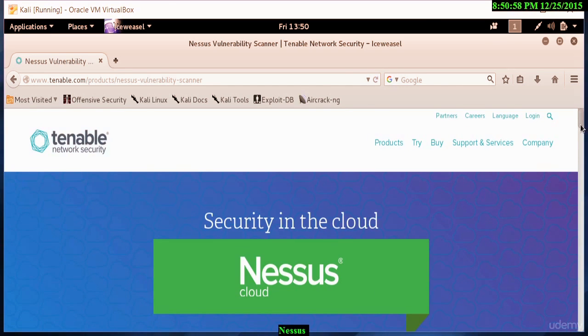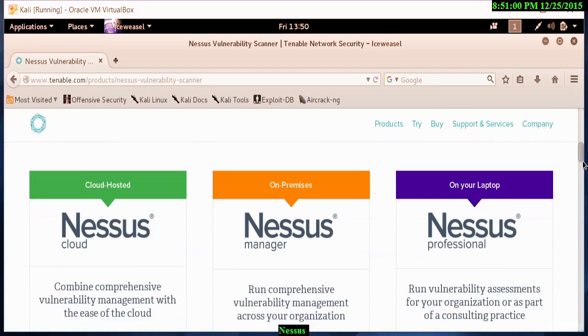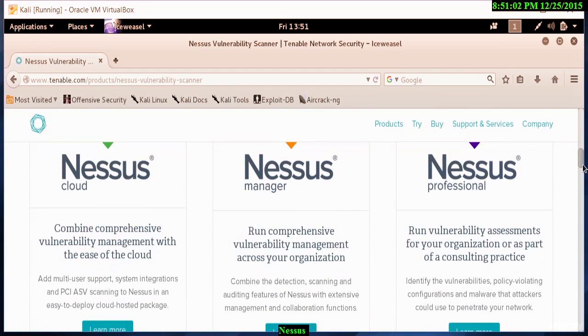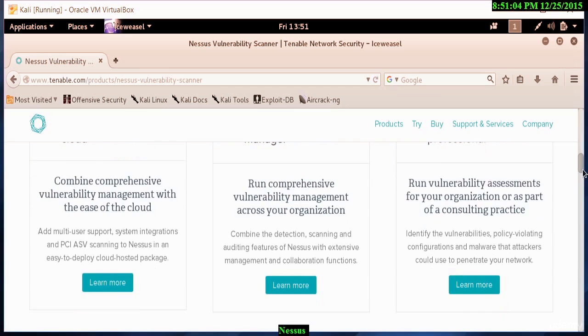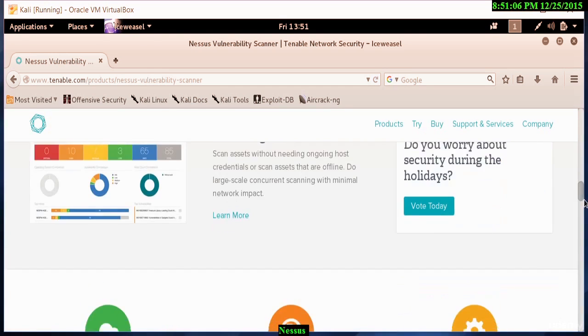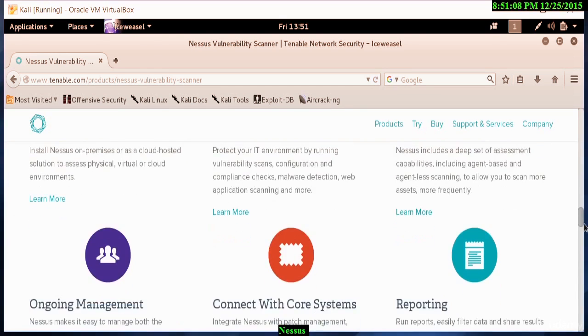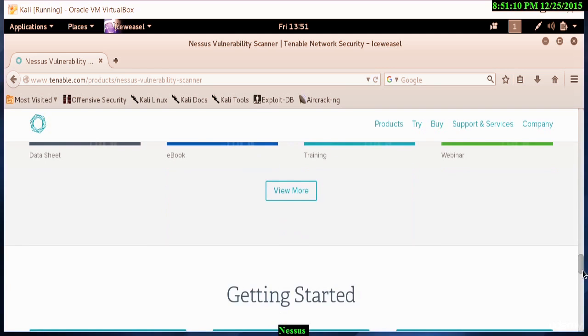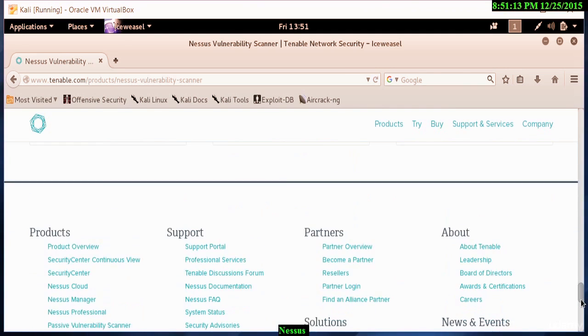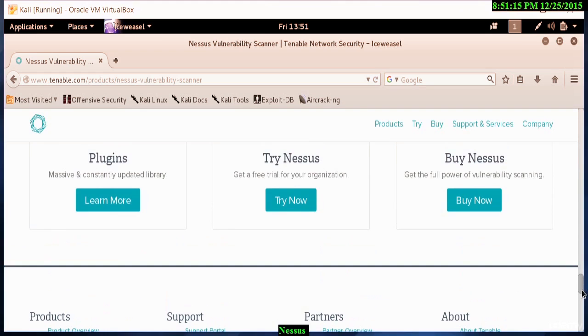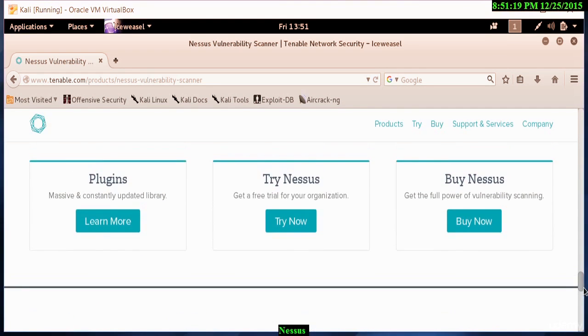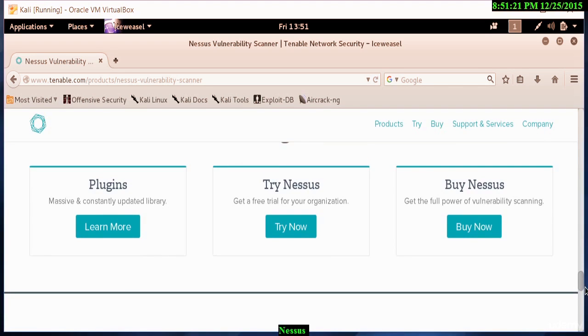We have Nessus for the cloud. In this case, we're going to use the desktop tool, which we will be using to install on Kali Linux. So let me just scroll down to find where that link is, and you'll have to do the same thing. Where you see it says try Nessus, get a free trial for your organization. I will click on this link and it will take me to the page where I will then be able